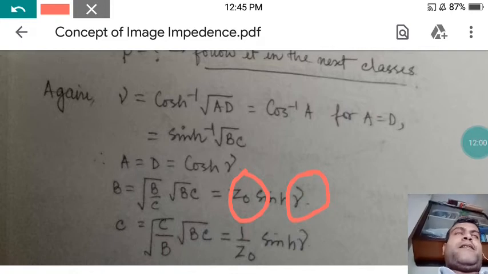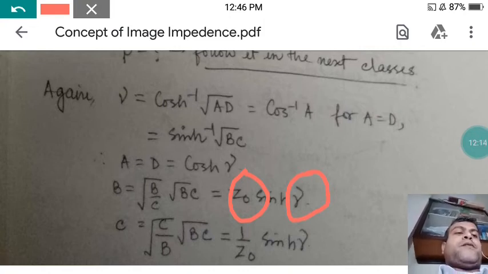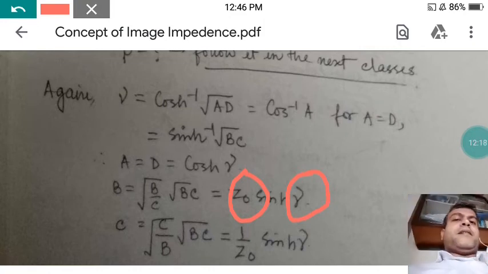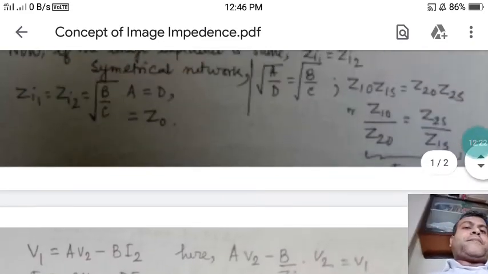So if the Z matrix is known to you, you can easily consider either one symmetrical T matrix, or one L matrix, or one pi matrix. The pi matrix is a conversion from Z to Y parameter. I will show you in my next lecture. So for today, I will just show you from the beginning how I have processed.